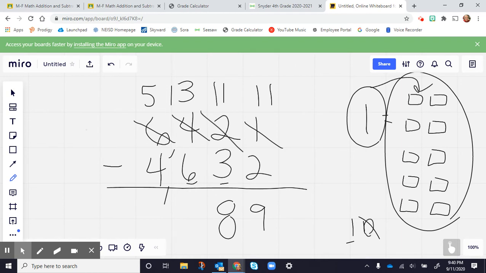Next one, 6. I'm going to put 6 in my head, and on my fingers, I'm going to count 7, 8, 9, 10, 11, 12, 13. That's 7. In my head, I'm going to put 4. And then on my fingers, I'm going to say 5, and that's only 1. Okay, so